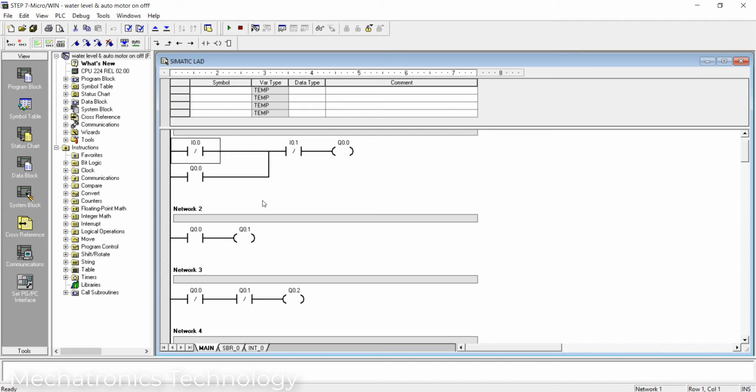Here, see Q0.0, this output is the motor, and Q0.1 is the indicator for motor on status, and Q0.2 is the motor off indicator. And here